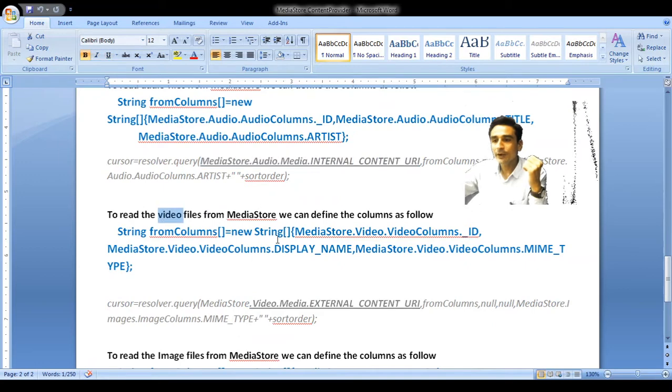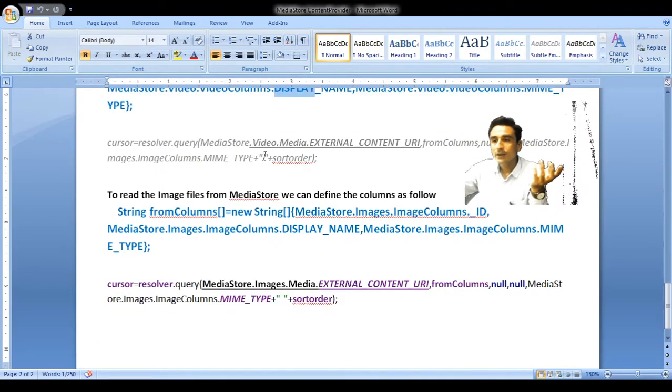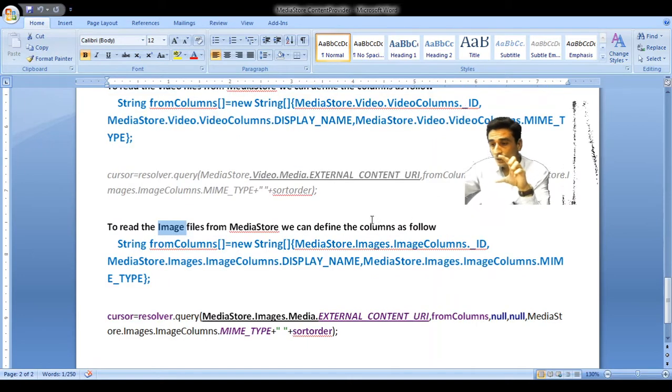Very similarly for video files, MediaStore.Video.VideoColumns._ID, DISPLAY_NAME, and MIME_TYPE. The URI is MediaStore.Video.Media, external or internal content URI. And for images, MediaStore.Images.ImageColumns.